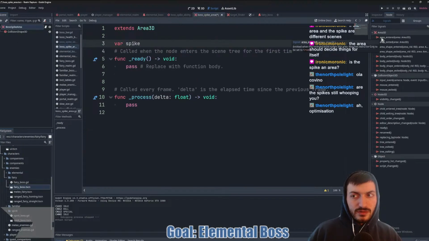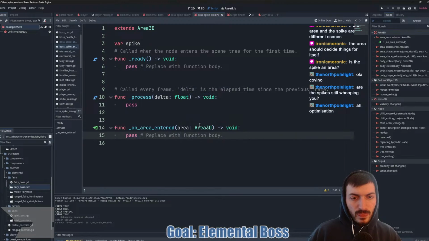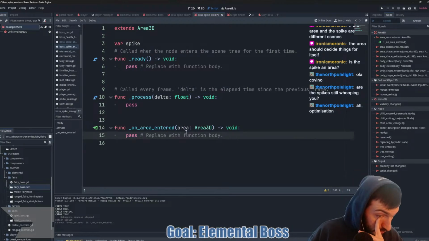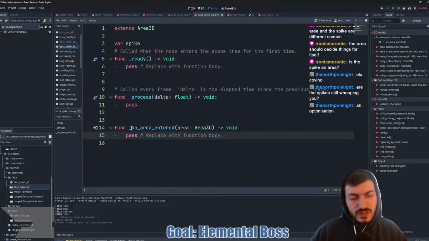So we could just do area entered, searching for the spike. On area entered. Oh wait, that's air. It's looking for an area though. Never mind. I guess we make the spike an area then.